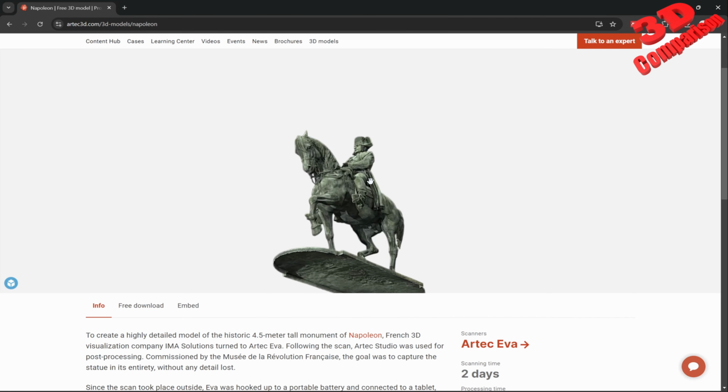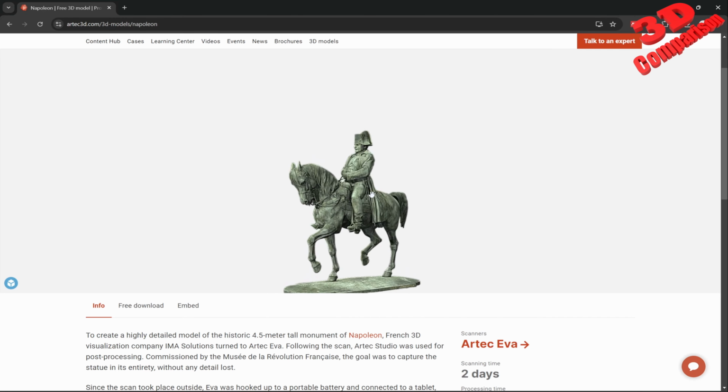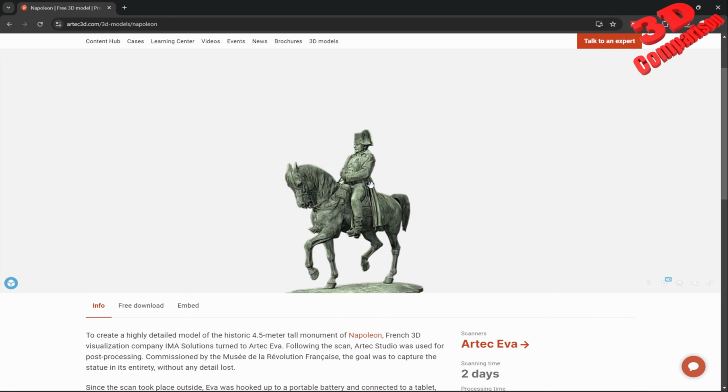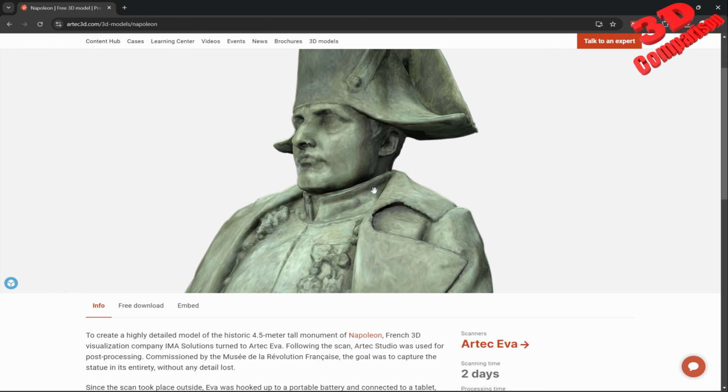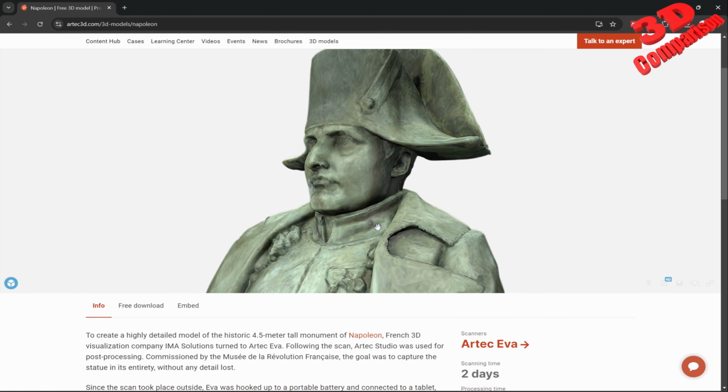This will be regarding Blender, and we're going to take a look at the post-processing workflow in order to improve 3D scans. So this will be the case study. As you can see over here, this will be